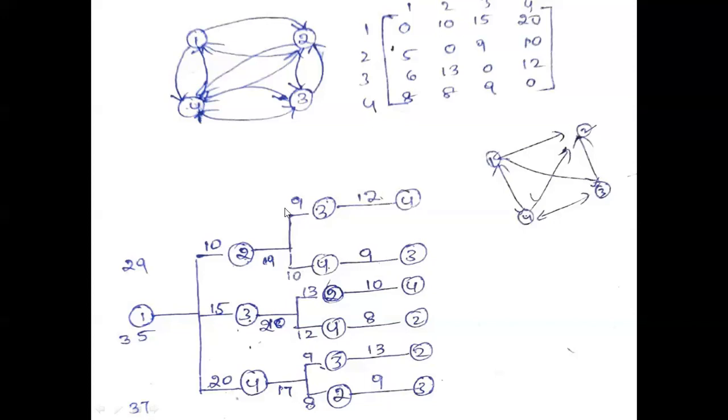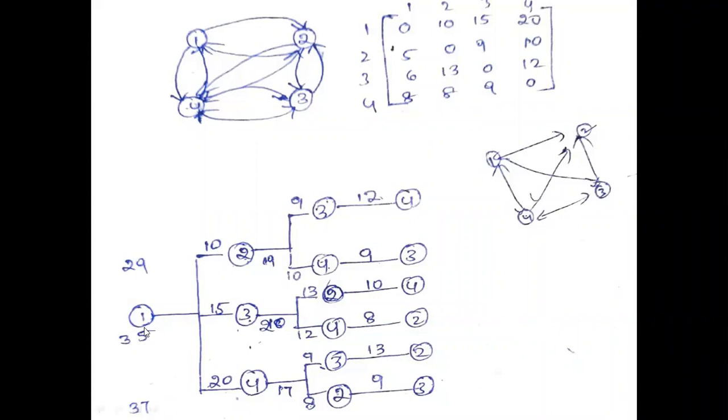So 19, 21, which one is shortest path? 19 is the shortest path. That is from 2 to 4, 4 to 3, the shortest path 19. Suppose it is 19, it means the shortest path from the second vertex to the remaining vertices. That is from 1 to 2, 2 to the remaining vertices, that is the third vertex and fourth vertex. From second to third, third to fourth the distance is 21. From second to 4, 4 to 3 the distance is 19. We are considering the shortest path, that is 19.